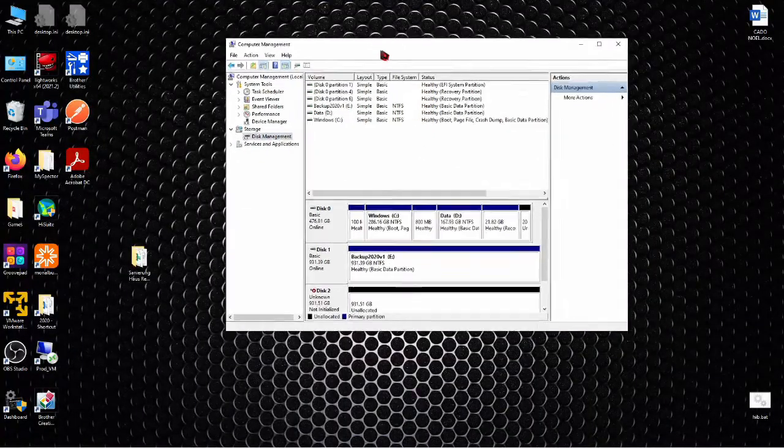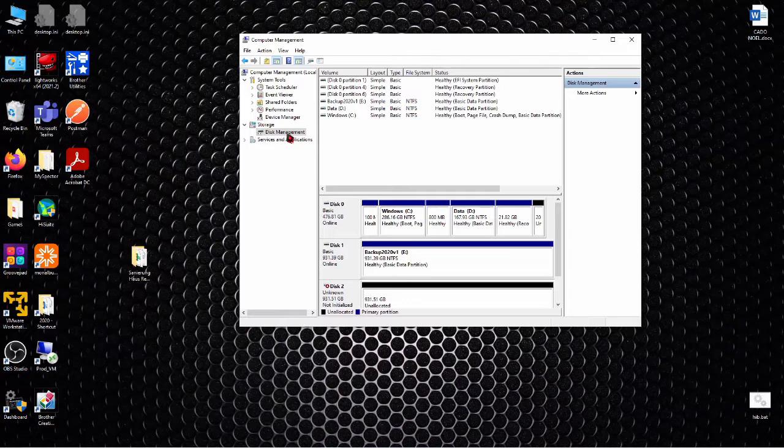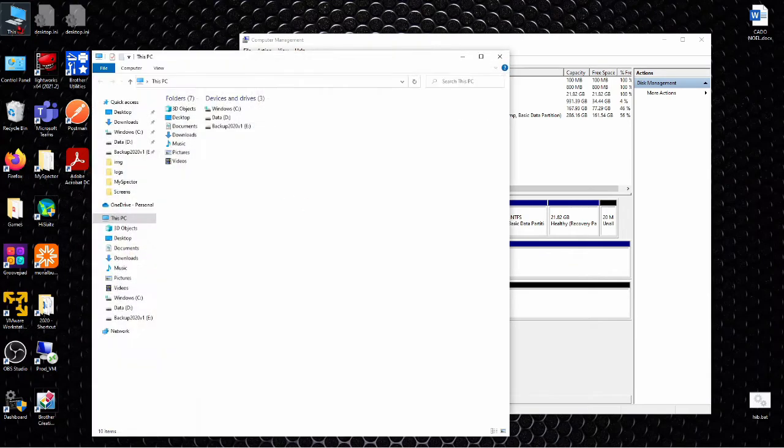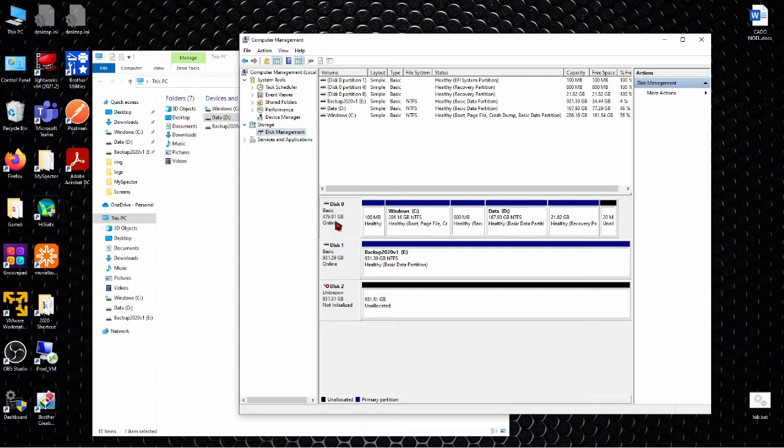Now I am in Computer Management. I have the Disk Management where I see the different drives on my system. Disk 0 and disk 1 are the already existing drives that we see here: C, D, and backup. The C and the D are inside disk 0. The E drive is disk 1.